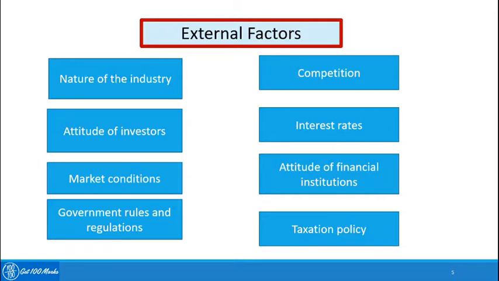Taxation policy obviously means the policy formulated by the taxation department. For example, for a debt, the interest paid on a debt by a company is tax deductible. So that may possibly be a big driver in companies asking for more debt than equity. That was one of the examples of taxation policy. So these are broadly the factors which affect the capital structure of a company.